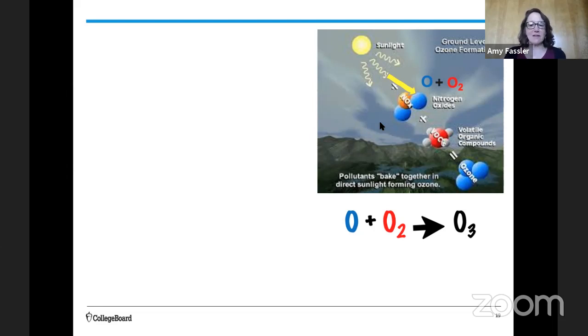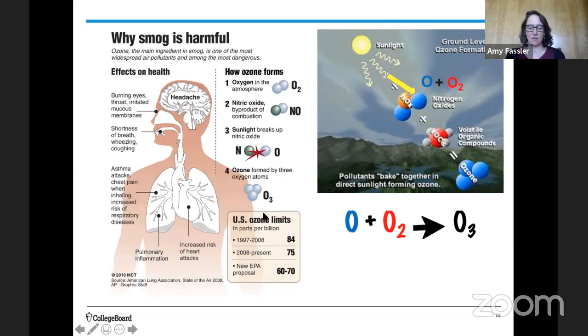Sunlight, UV energy, strikes a molecule of that NOx gas emitted from gasoline. That knocks off an individual atom of oxygen that combines with O2 to form O3. So you could probably have that equation in your notes as well. What happens then is this is a secondary pollutant because it formed between these reactions in the atmosphere, and it's a pretty nasty pollutant. I have some of these very similar human health effects that I talked about from exposure